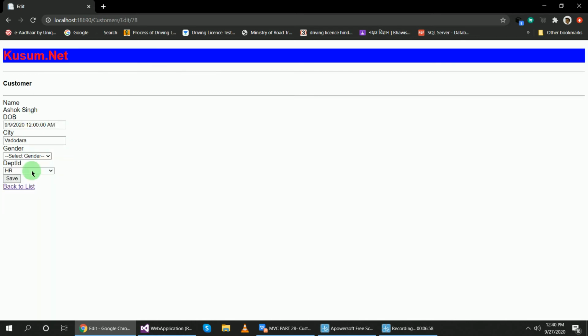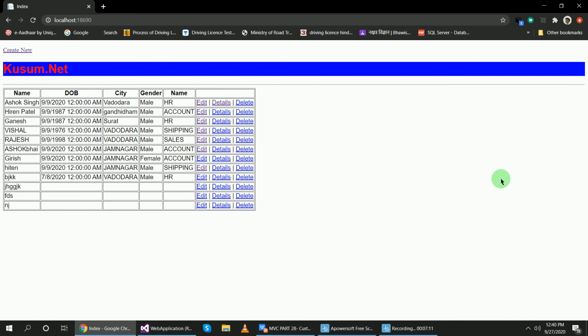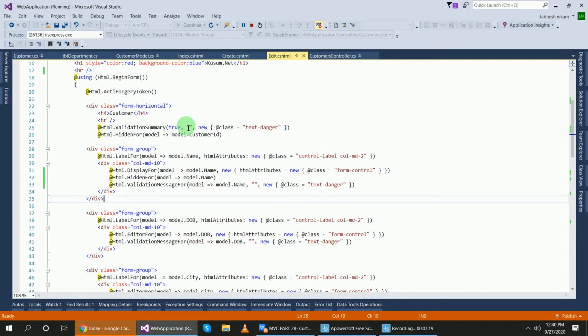Alright, I am changing this gender property to male and leaving this name property as it is. Then it will edit without any error. Why? Because I have passed the hidden value for the name property here. This is for hidden. Okay, now